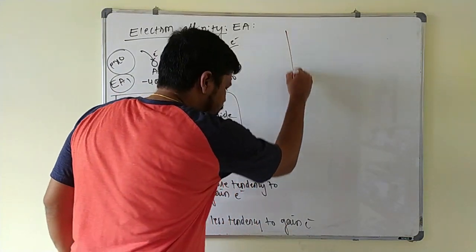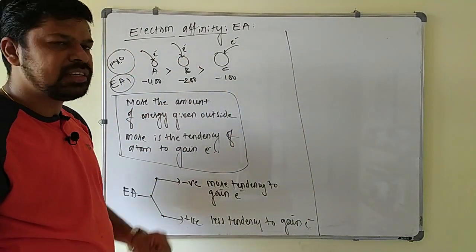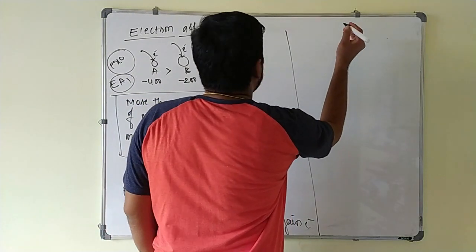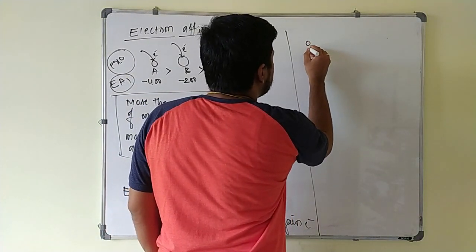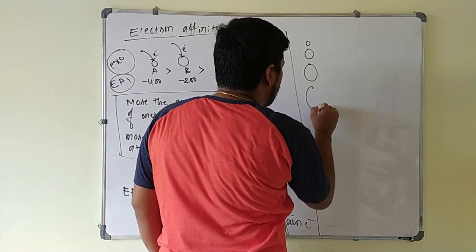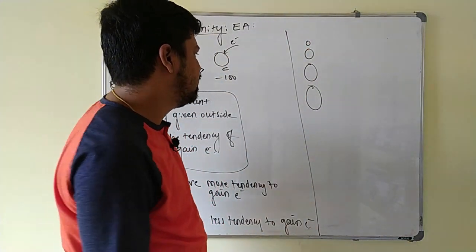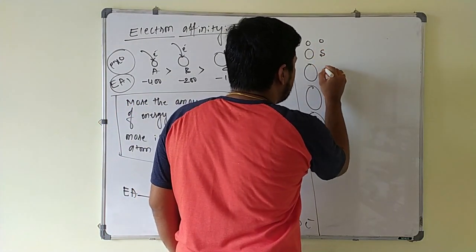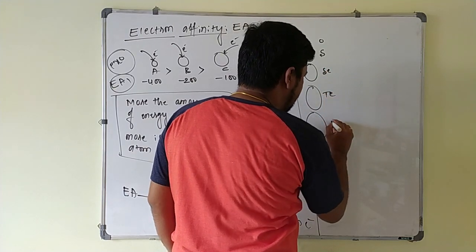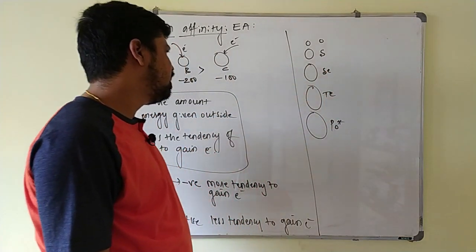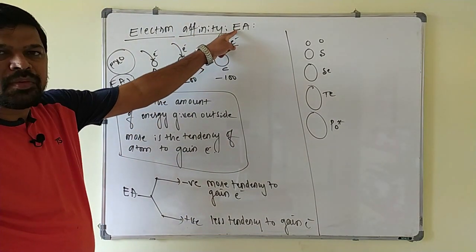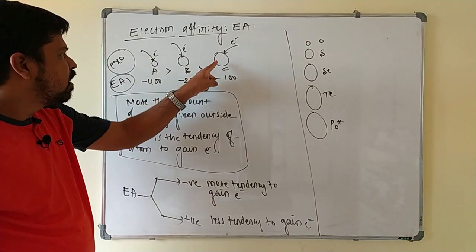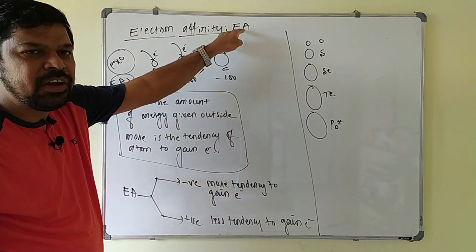Okay. Now we will go for variation of this electron affinity within the group 16. And this one, down the group, what happens? In the group 16 or in any group, if you go down the group, what happens? Atomic size is increasing. Like this, atomic size increases here. So this is the oxygen, sulfur, selenium, tellurium and polonium, like this it is. This electron affinity is maximum for what? Small size atom. See here, small size, large size and large size. So as the size of the atom increases, electron affinity value decreases.